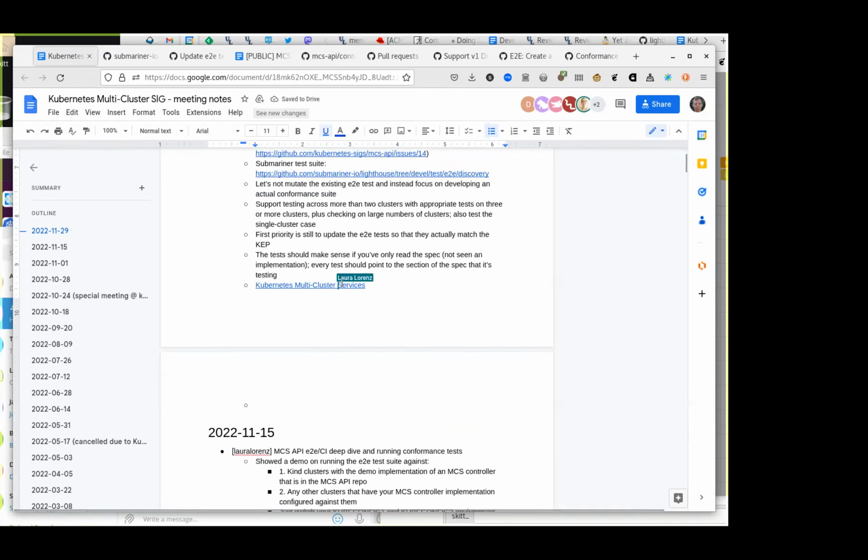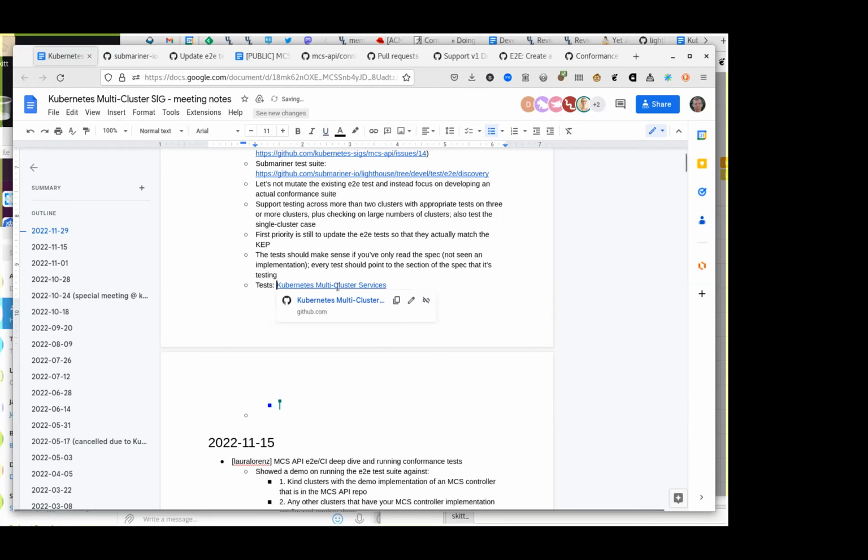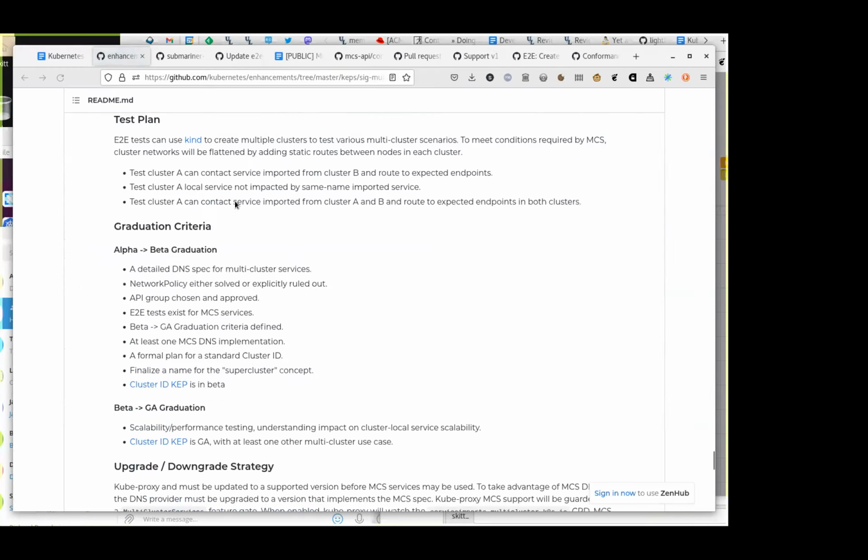So this test plan section is the source of truth for me of what we're doing. If this is not what we're doing, then I want to know.